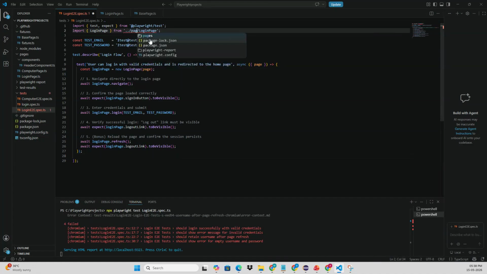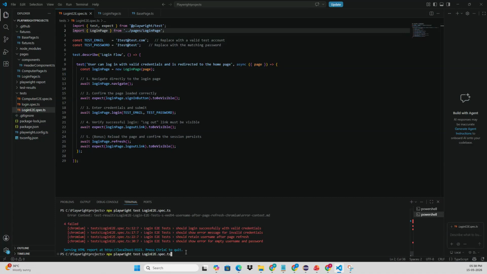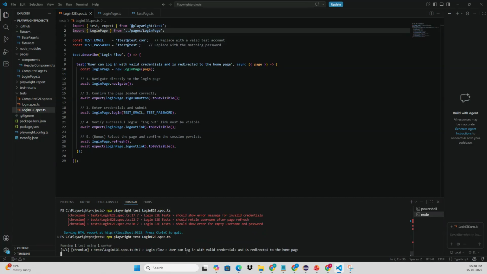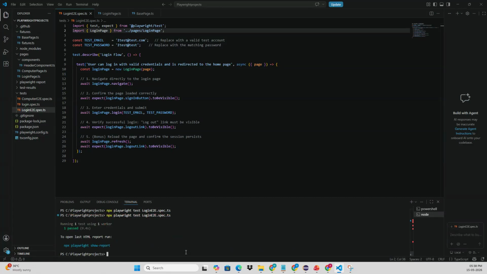It is from the pages folder. Right, so my test is ready. Let me just execute it. Okay, so it executed and the result is pass. So that way we can create a base page.